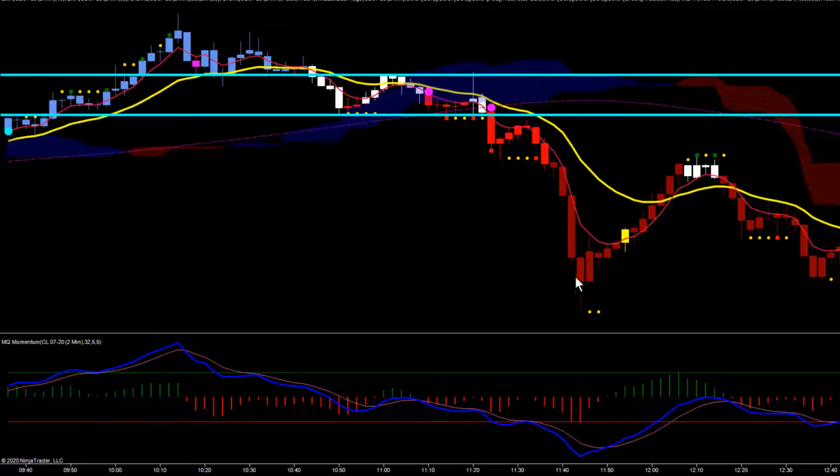And anytime I get 100 ticks, I'm locking that in no matter what. If I get 100 ticks on a trade, that's $1,000 per trade. I'm locking that in. I don't care what else happens beyond that point. If I can make $1,000 on a trade, especially when I'm only risking $80 or $90,